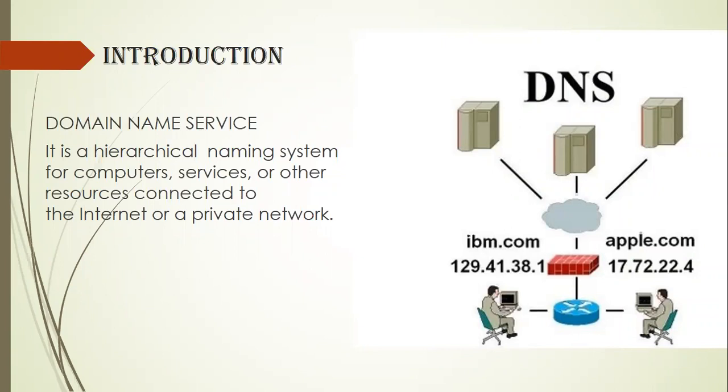It is the hierarchical naming system for computers and resources connected to the network on the internet. On the right-hand side, you can see users browsing some data on the internet, and this is the domain. ibm.com is one domain, and 129 is the IP address. So DNS plays a vital role in the operation of the internet, providing a two-way mapping between domain names and numerical